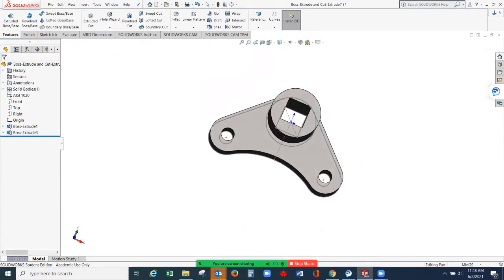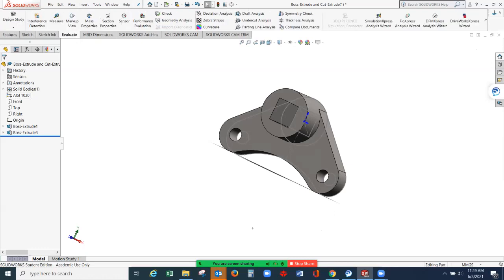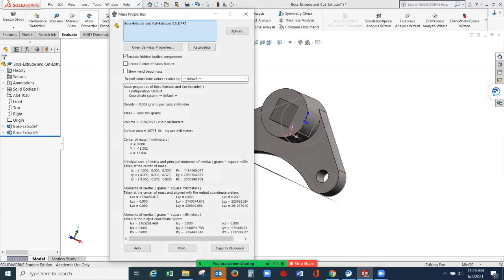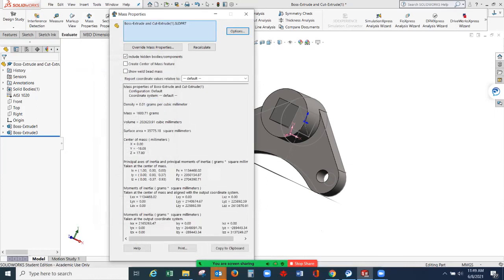On this part, it already has a material of AISI 1020. If I want to get the mass properties of this, I can go to Evaluate, Mass Properties, and that's it. The mass of the given part is 1,600.705. If they ask you to get the mass properties in 2 decimal places, you can select Options, use custom settings, set this to 2 decimal places, and select OK. So it will become